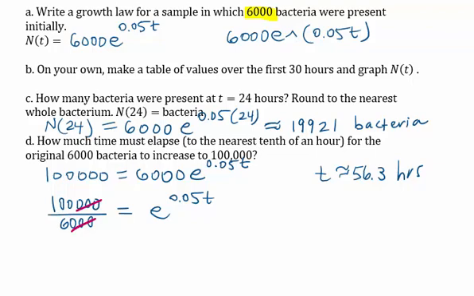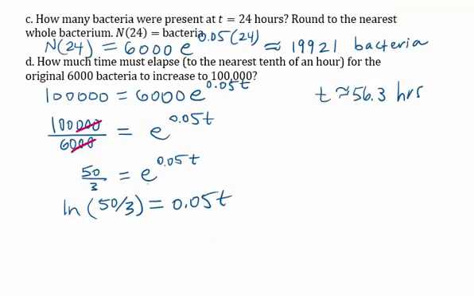Now we're going to rewrite in logarithmic form. So we have the natural log. I'm going to use natural log because the base of this power is an e, and the base of the natural log is also an e, of 50 thirds is equal to the exponent